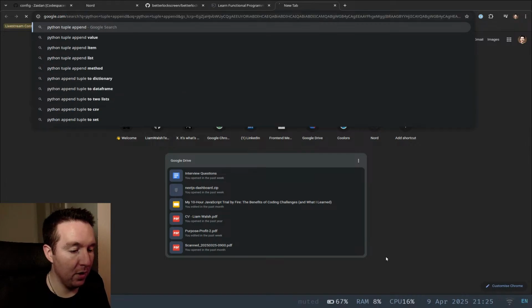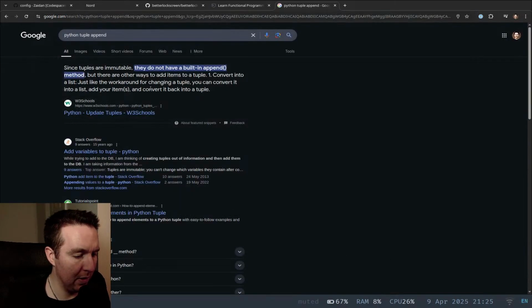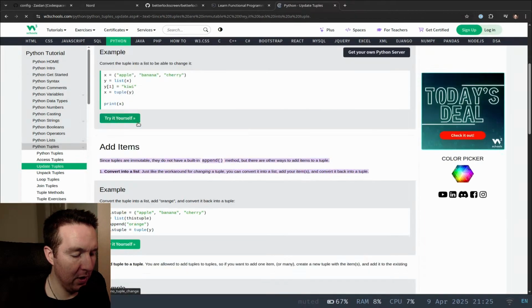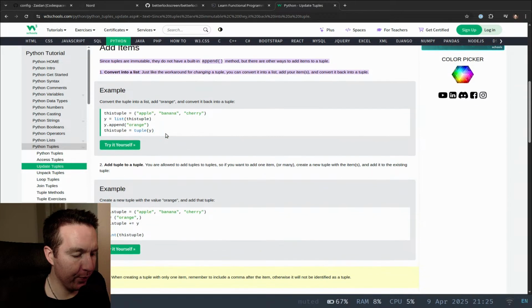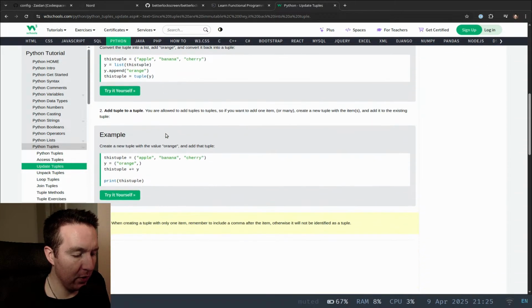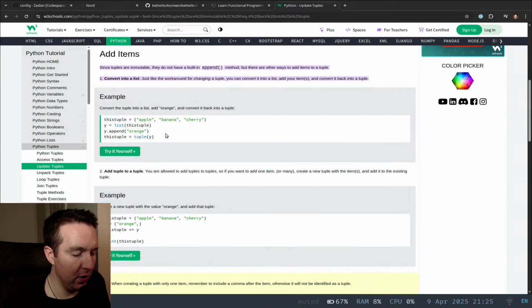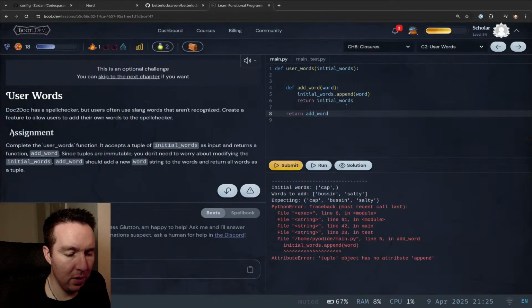Tuple append. I forgot. Oh, you just convert it back and forth. So turn it into a list, append it, and then